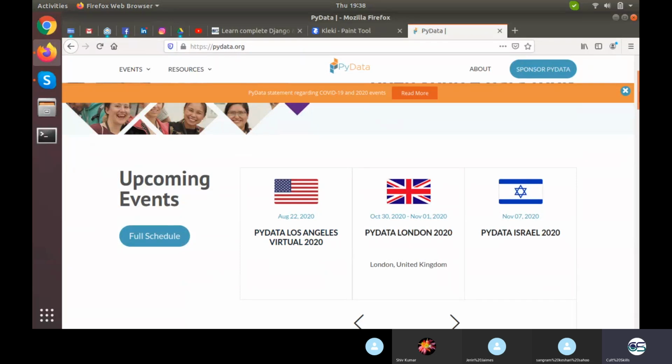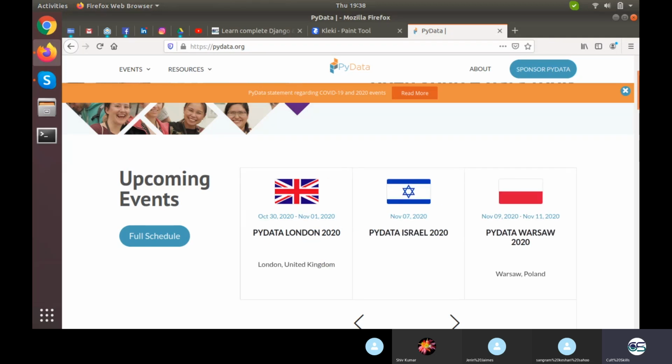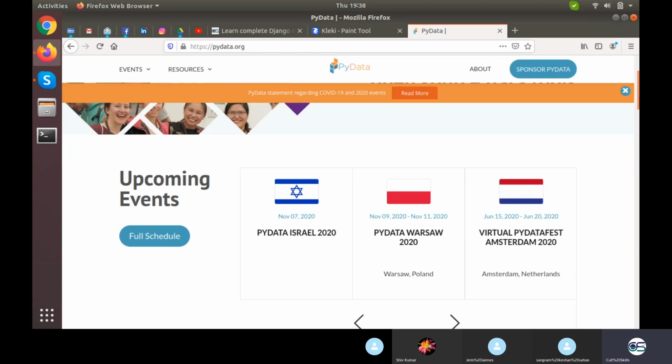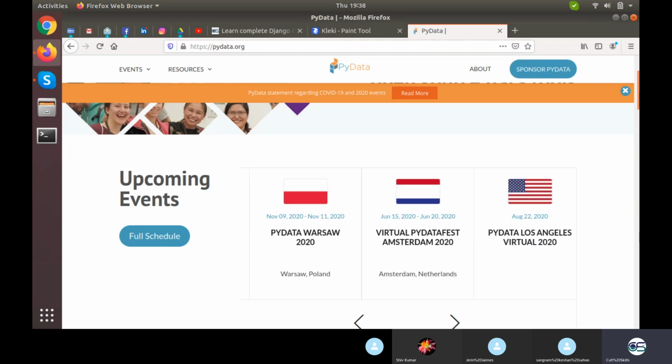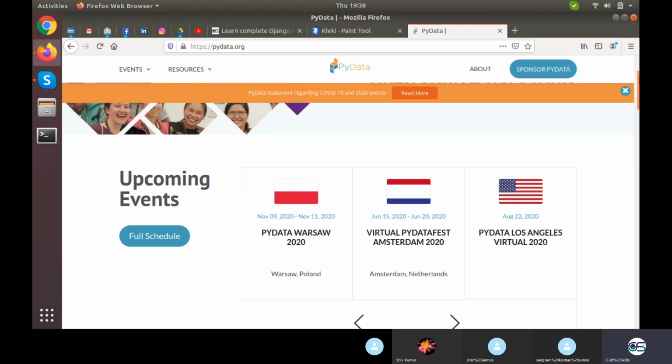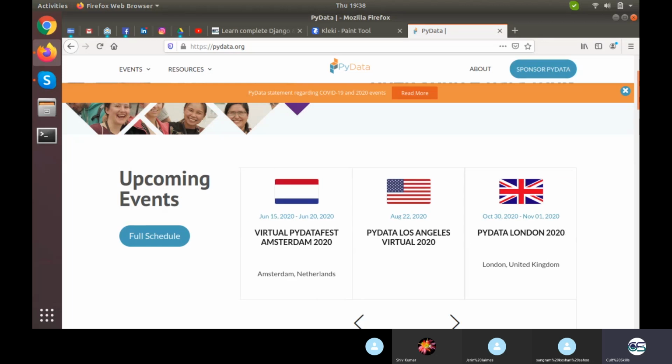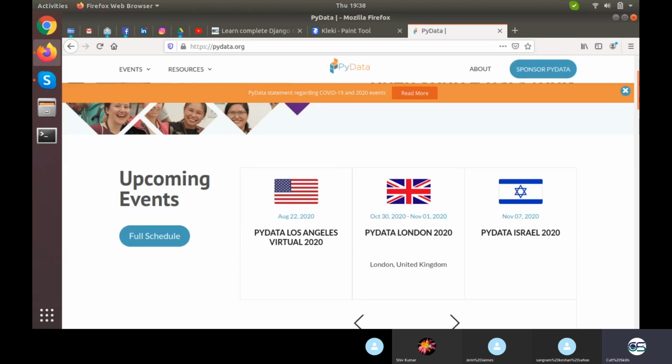Obviously, no one would come to the website and schedule the event again and again. What the person needs to do is work on an admin panel. In the admin panel, the person will give a particular title of the event, the date of the event, the flag or the country of the event, and then the event would be displayed right here.